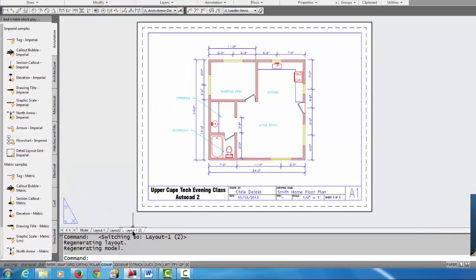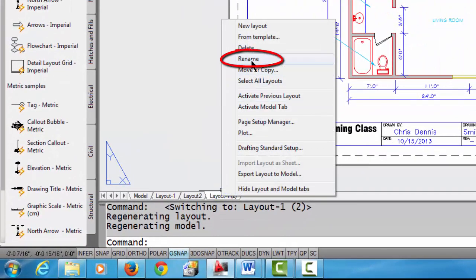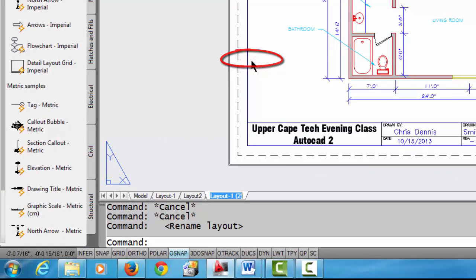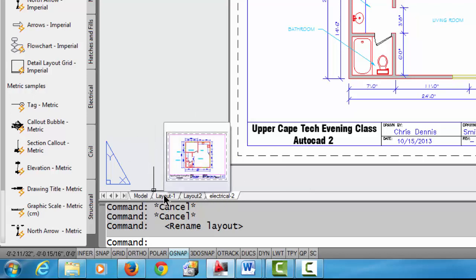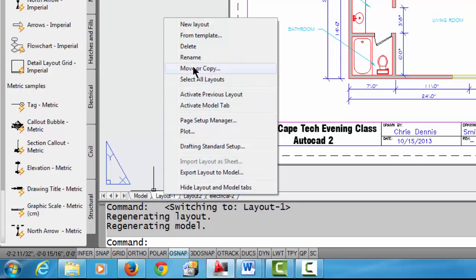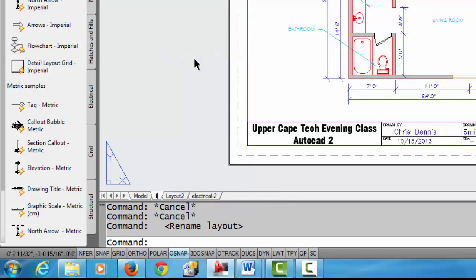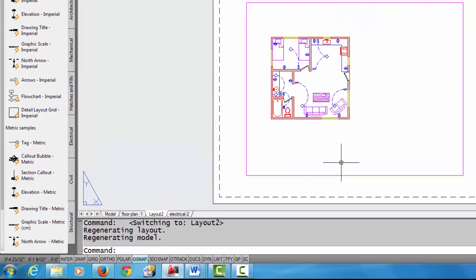And actually, while I'm here, I'm going to rename this layout tab. I'm going to right click on the layout tab and pick rename, and I'm going to call this electrical 2, for electrical drawing number 2. Enter. And while I think of it, I'm going to come over to layout 1 and rename that floor plan 1, and that will be for sheet 1. So we've got sheet 1 and we've got electrical for sheet 2,